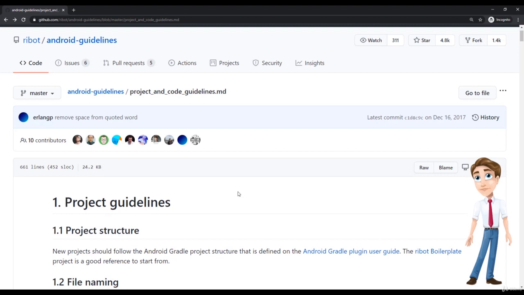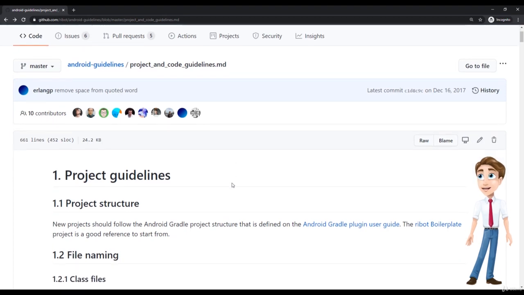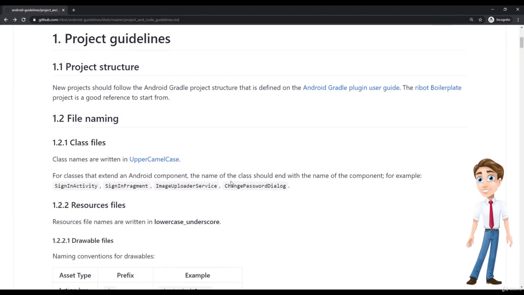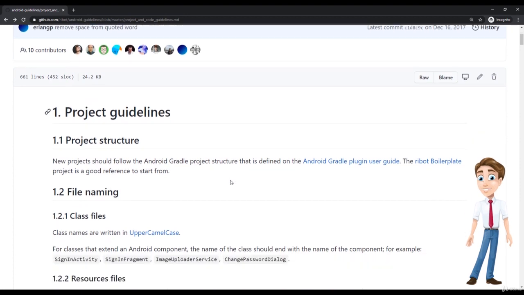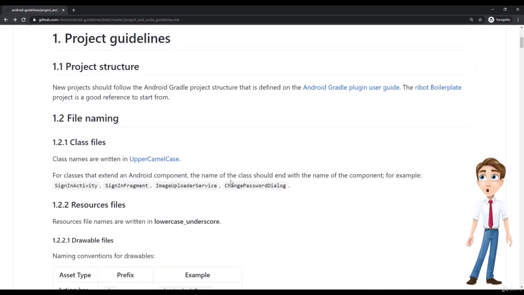Now, of course, if you already have a guideline, I still recommend having a quick look. Maybe you'll find out some new stuff. Also, you'll see that the guideline has Android and Java references. But even if you are using Kotlin, I still recommend going through this guideline because most of it still applies to Kotlin. There will be just some minor exceptions. Now, without further ado, let's go into it. Let's just skim through them and see which of them really seem important.